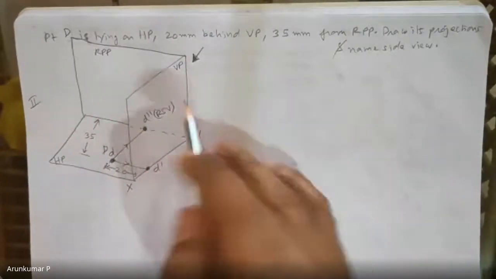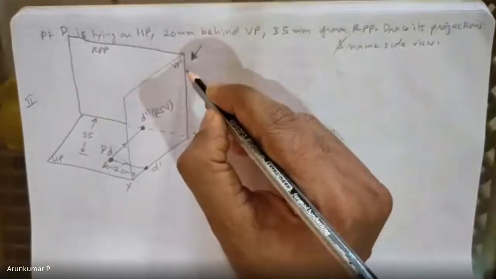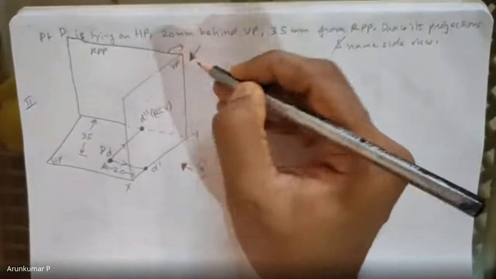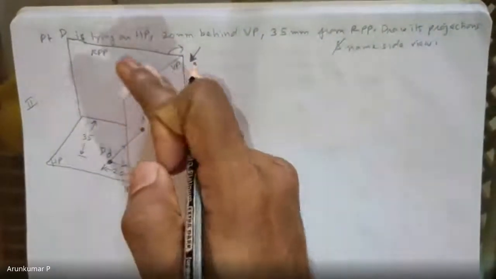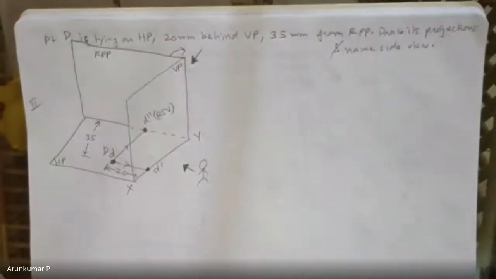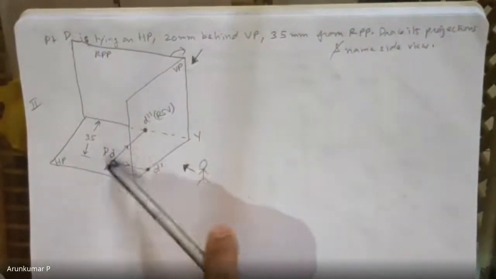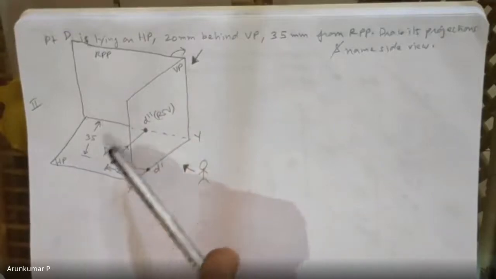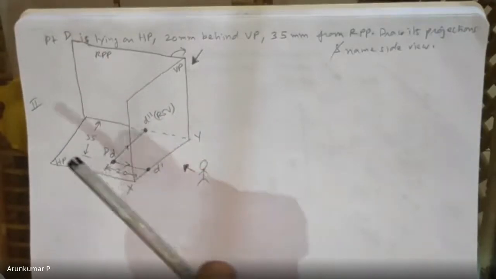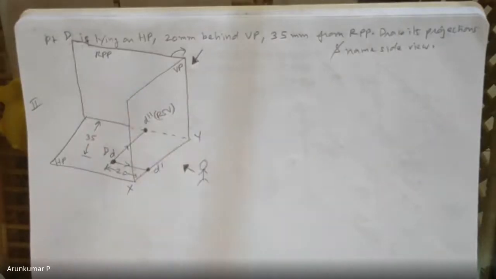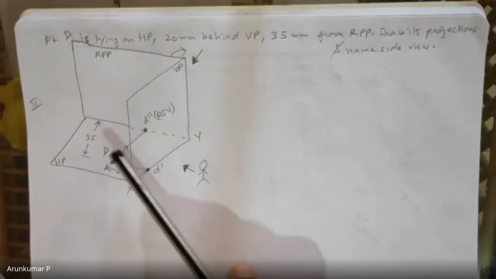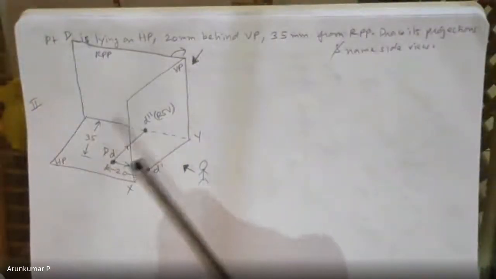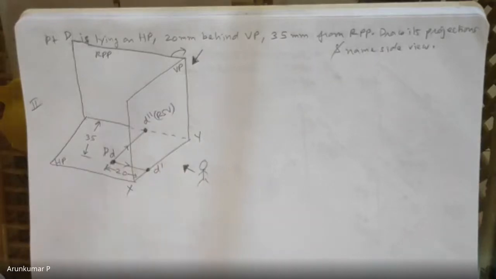See this XY line, when you rotate RPP, you are going to rotate RPP in the clockwise direction. So RPP will come beside VP. So what will happen to this line? This will also rotate and come beside. You can see it in the 2D. This is the arrangement of planes, and this is where you are going to get the front view, the top view, the side view. Front, top, and side. So it is a bit different from any of the problems that you have solved till now.